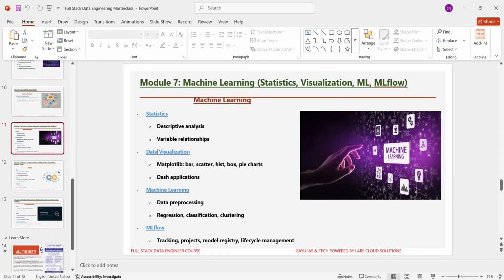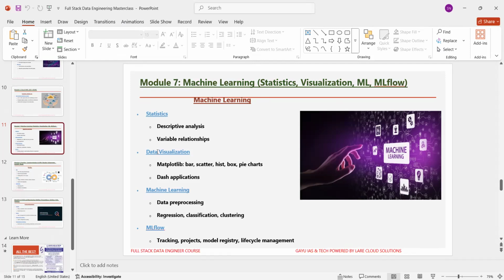And the fourth part you are going to learn in module 7 is MLflow, managing the machine learning lifecycle. Here you are going to learn about experiment tracking and metrics logging, organizing projects and reproducing pipelines. You will also learn about the model registry and version control, managing the deployment and lifecycle of ML models.